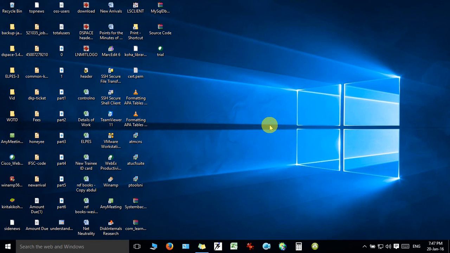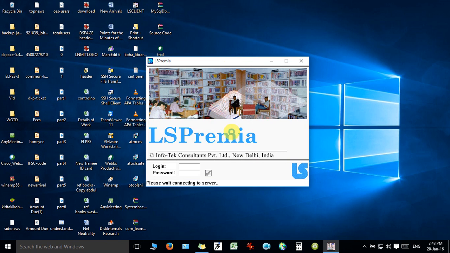Hello everyone. Now we are going to discuss how we can generate the approval list and later how we can take the information from that list into Excel and in different columns. In order to do that, first you have to log in with the Ellipsis credential which you have been provided. So let me log in with my user credential.